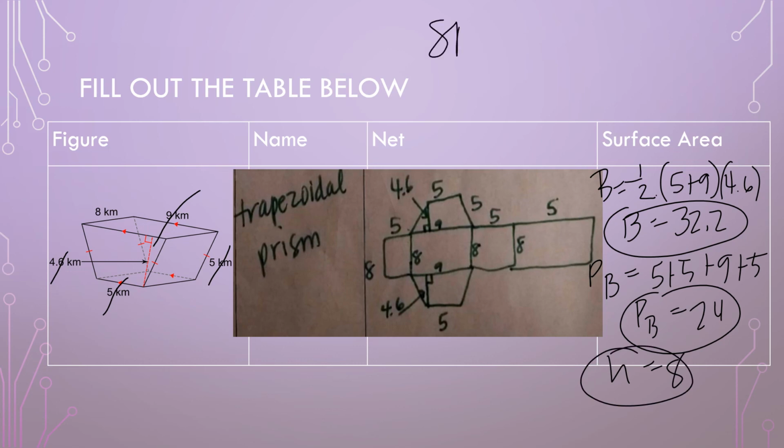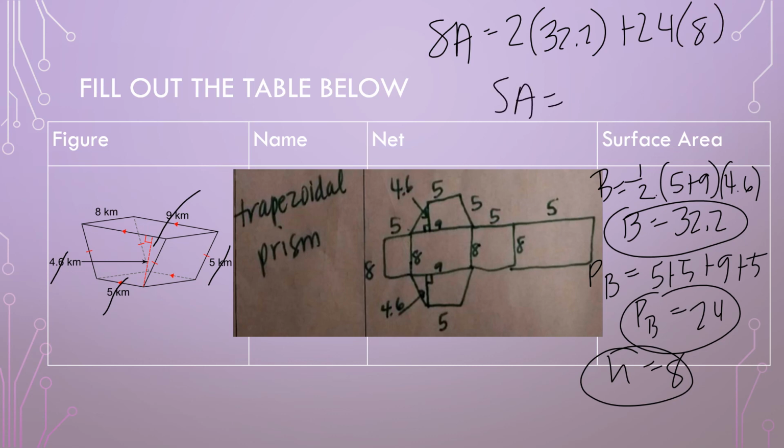Plug that into your equation. Surface area is 2 times 32.2 plus 24 times 8. And then you would get